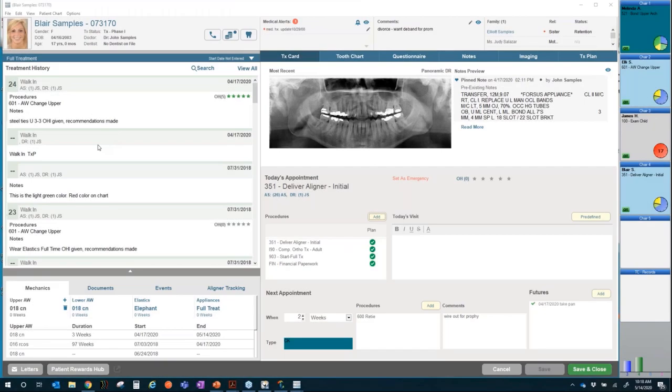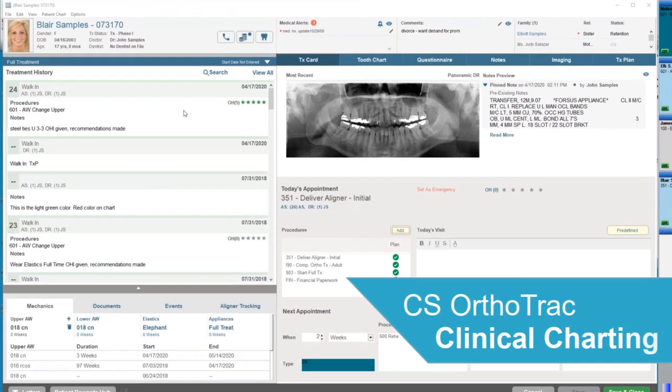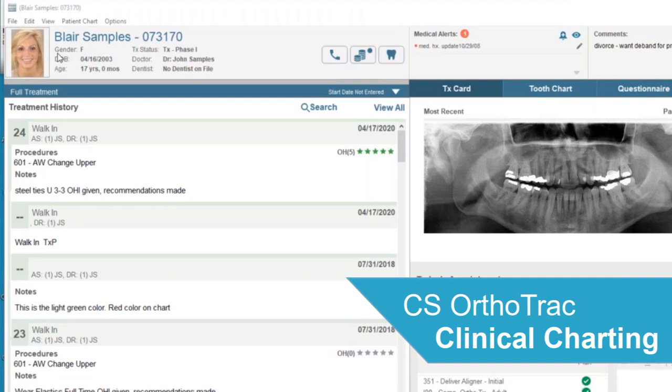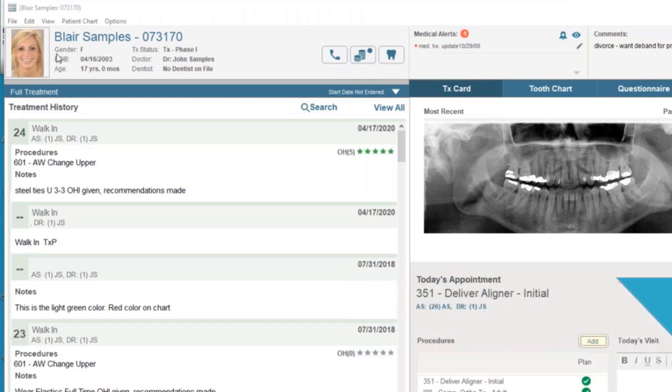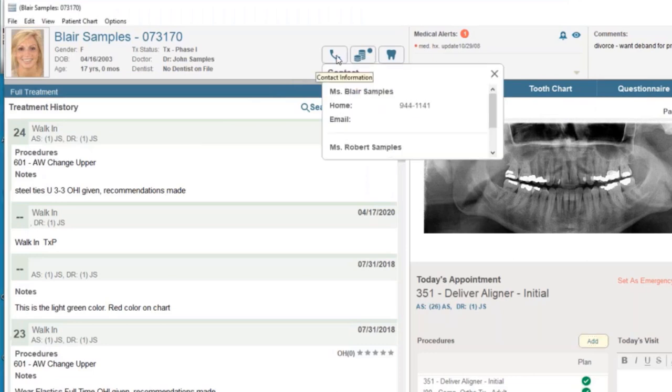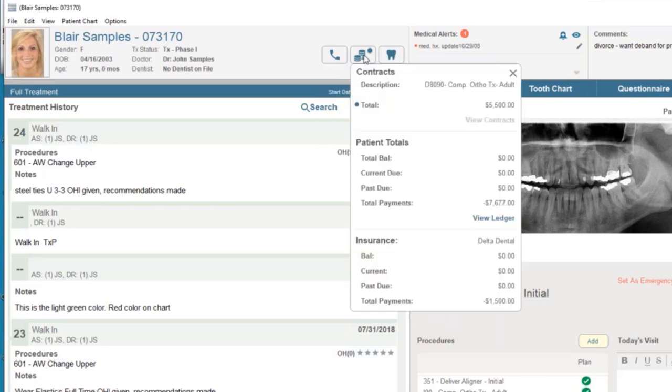Our clinical treatment record has opened, and we see that Miss Blair is here at the top. I have a quick view of her photograph, and I have her demographics up here at the top. We can easily see her phone numbers, any email addresses that may be in here, and those will be hyperlinked. I can get a quick view of any contracts that are currently running or due,